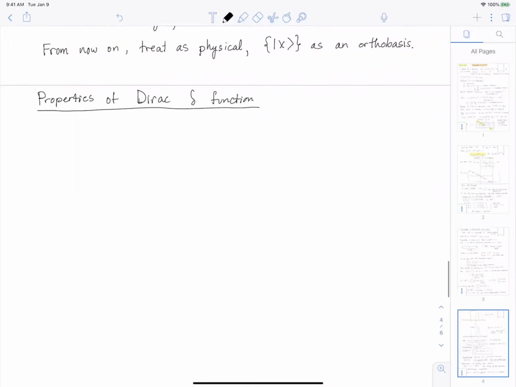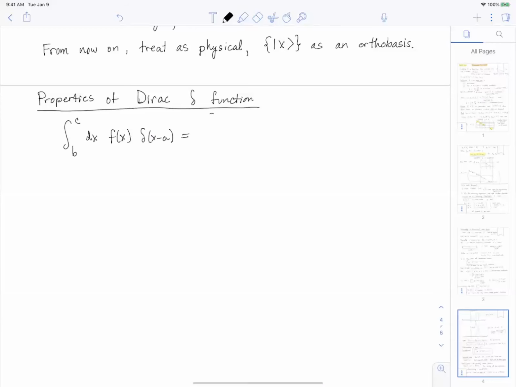So one way of defining what the Dirac delta function is, it's the object such that the following is true: that if I integrate from, let's say, b to c, dx of any function f of x. Now, a mathematician would say f of x actually has to be somewhat smoothish, continuous, or something like that. I don't really care about the technical details, but multiplied by the Dirac delta function,